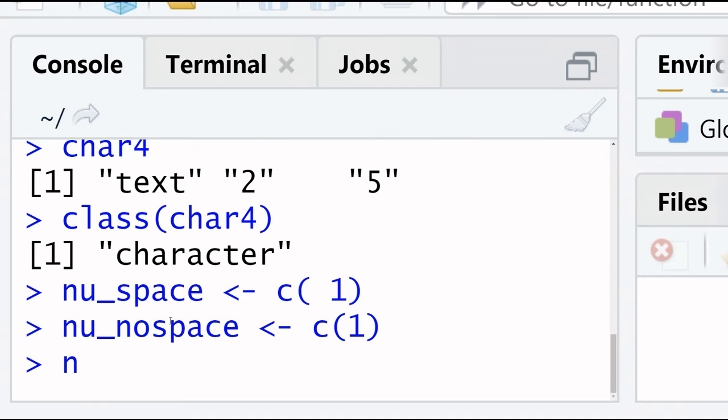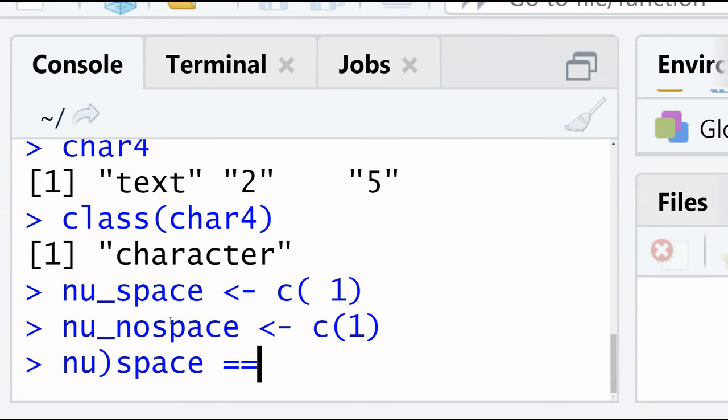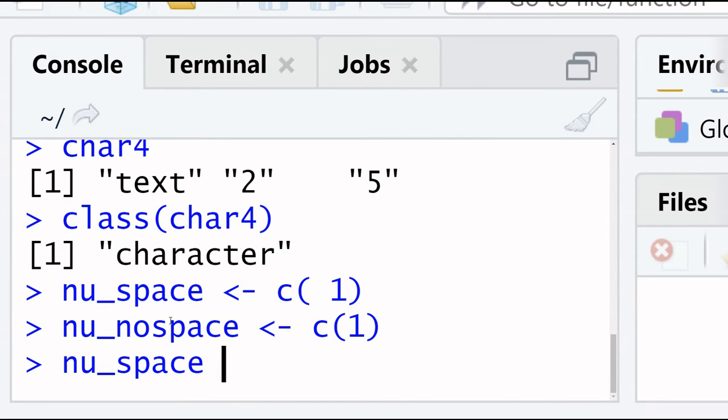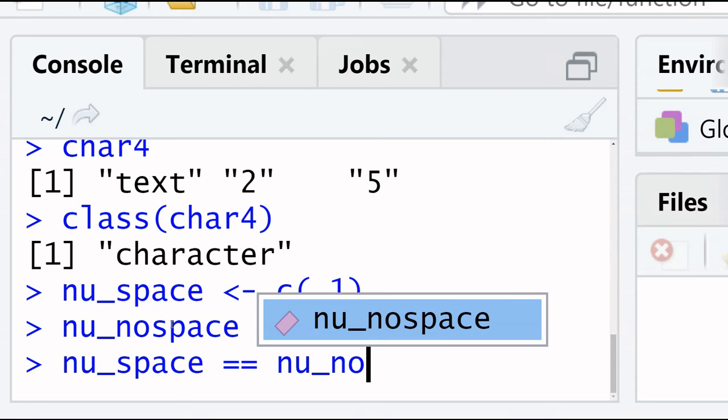Here we check number underscore space is equal to number underscore no space.